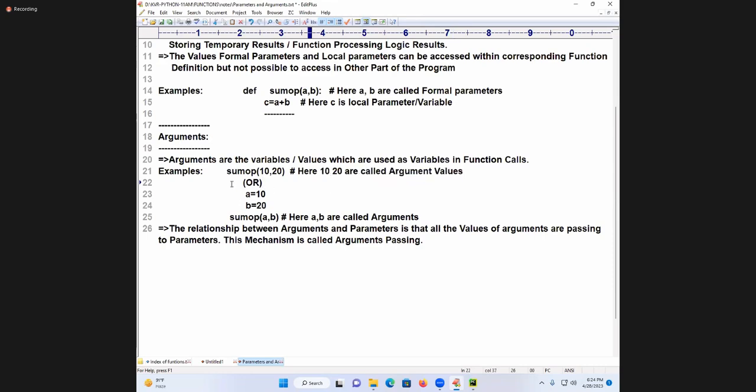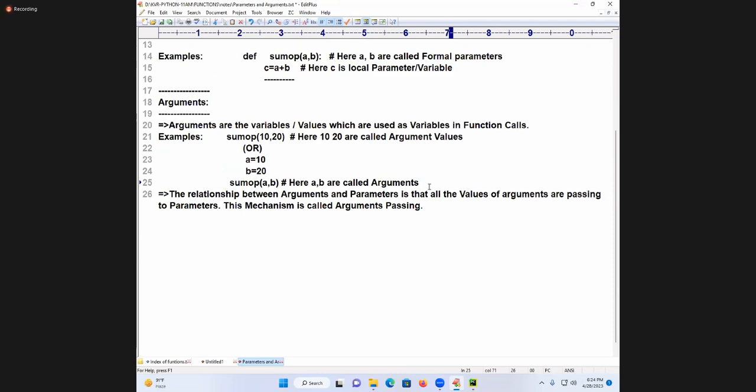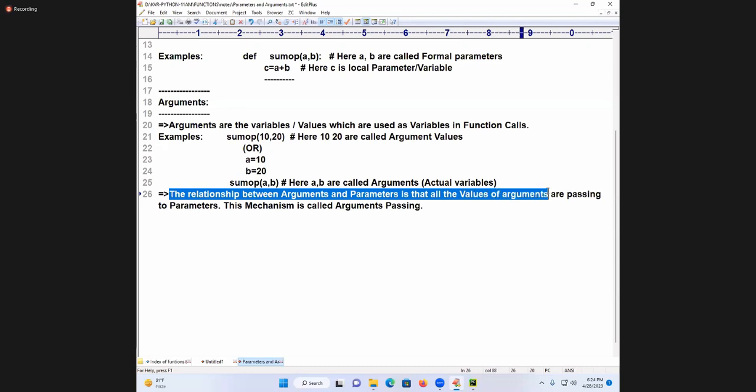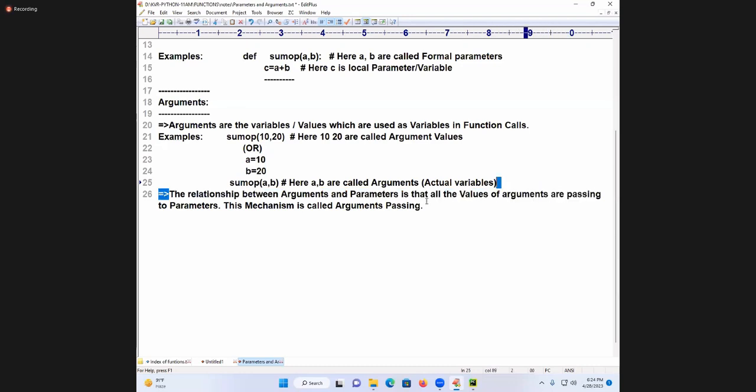Argument values. Or a = 10, b = 20, sum(a, b). Here a, b are called what? Arguments. Arguments are also nothing but what you can say, actual variables.